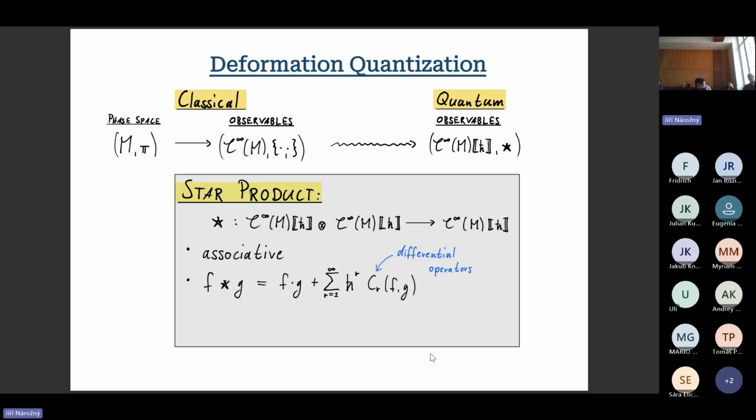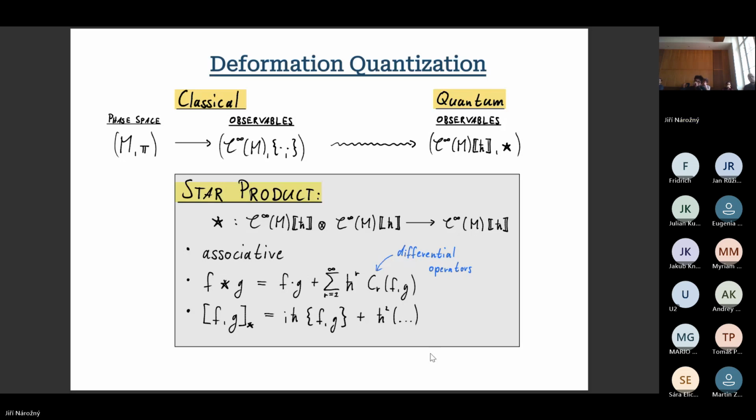Okay, so this is kind of the meaning of we have a deformation of our pointwise product, but we also want that the classical Poisson bracket corresponds to the quantum commutator on the quantum side. And again, we do not want this to be strictly true, but only up to higher orders in h bar. So if we look at the star product commutator in order 0, it vanishes because we have our pointwise product here. In order 1, we want that we obtain our classical Poisson bracket, and then we get some higher order